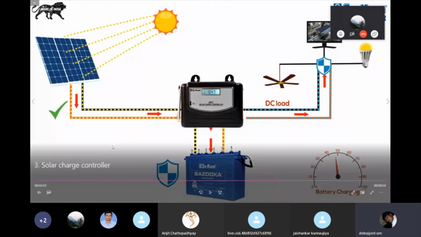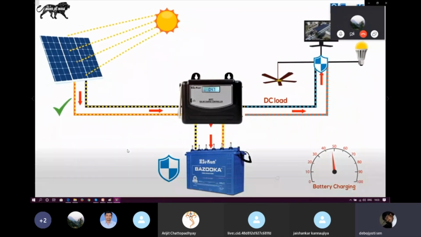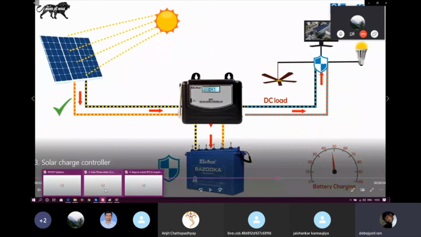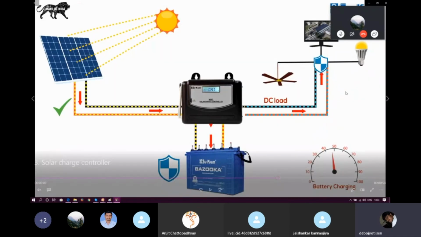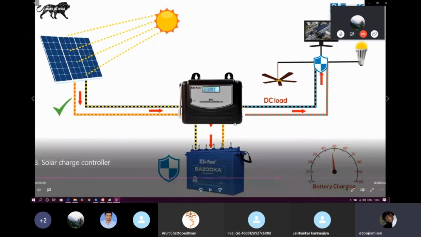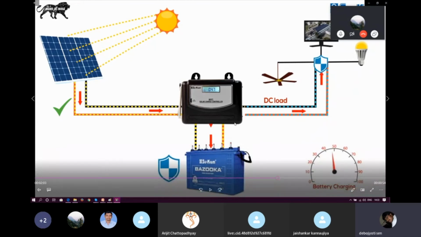Fine. If we briefly summarize both points, a solar charge controller is used for two basic reasons. One, to ensure that the battery is not subjected to over or under voltage, so that it doesn't get damaged in a shorter lifetime. A battery should stay for at least 5 to 7 years, but if we are not maintaining it, it would get destroyed in a much shorter lifetime. And two, at night the solar battery discharge should not happen. It should only happen to the DC load.